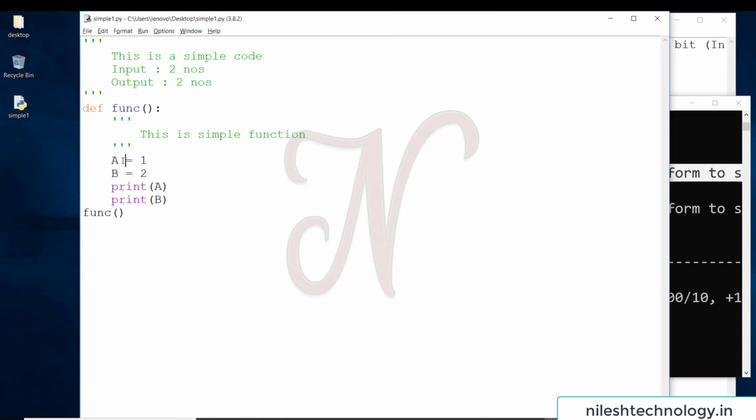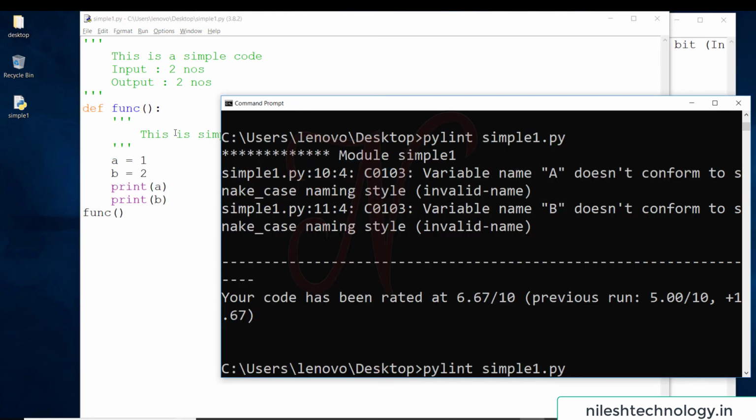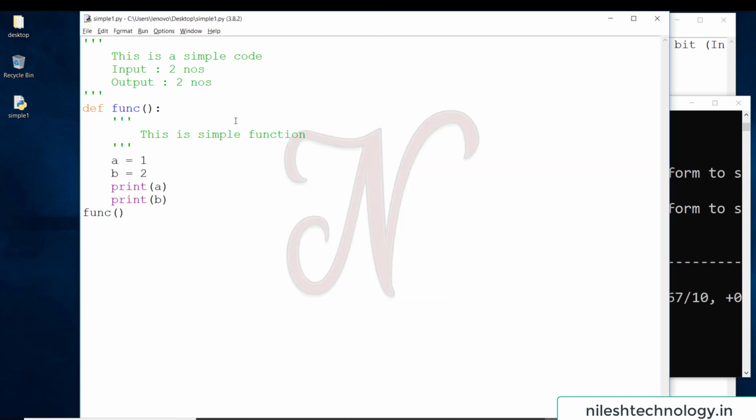Now here my a and b are in small case. Save these changes. See here, my pylint is still 6.67 for snake case naming style. So here my variable names are first and second, print first, print second.